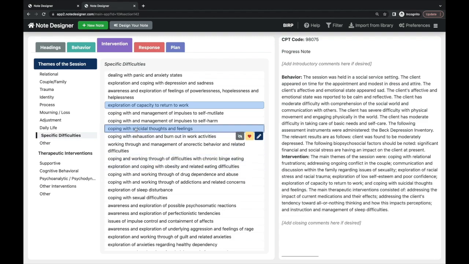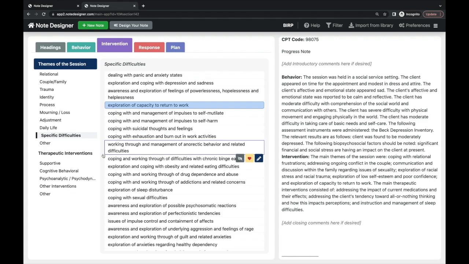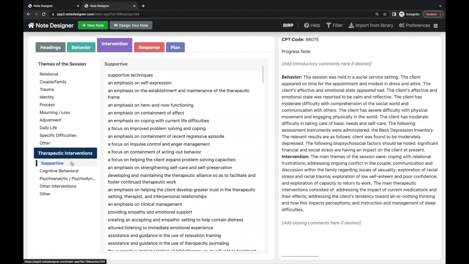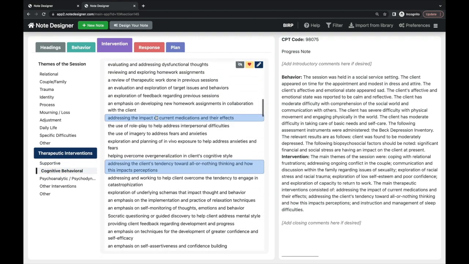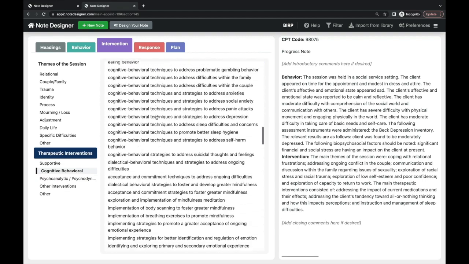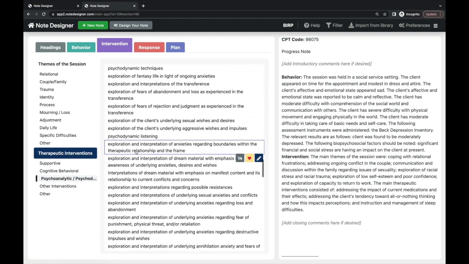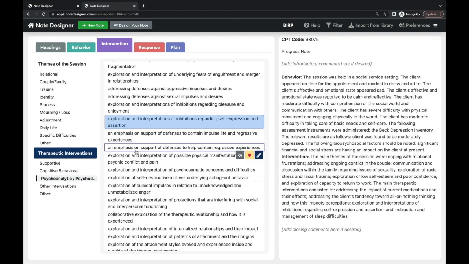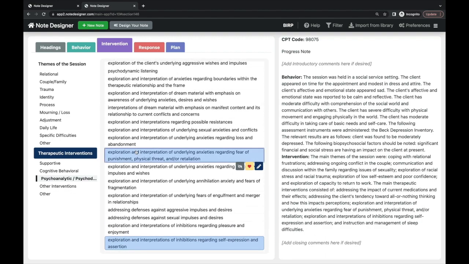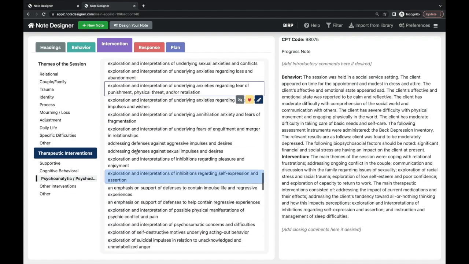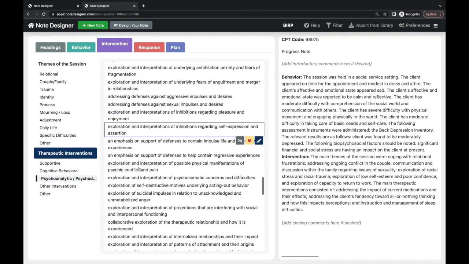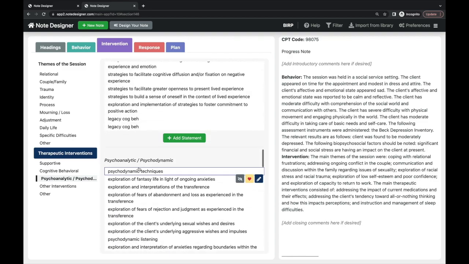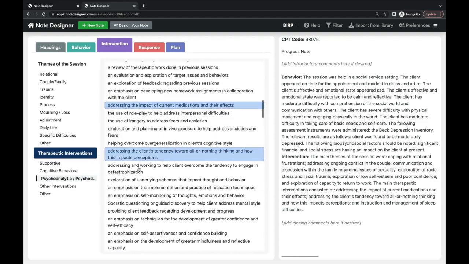Again, if we look at the Therapeutic Intervention subtab, we see the interventions are organized according to general therapeutic orientation. So here we have supportive, CBT, including things like DBT and ACT, as well as psychodynamic. As an aside, I'll just mention it's interesting to note that some research suggests clinicians from one orientation frequently also use interventions from another orientation, sometimes without ever really identifying it as such. So some CBT clinicians may sometimes be making the equivalent of psychodynamic interpretations, while a psychoanalyst may sometimes implement cognitive